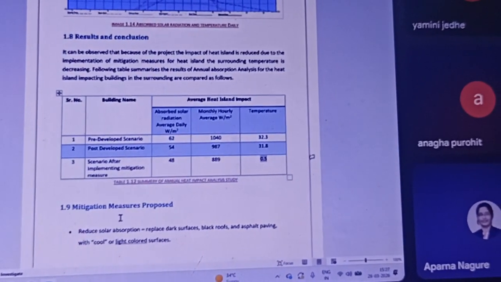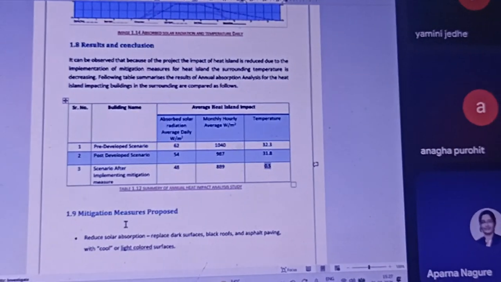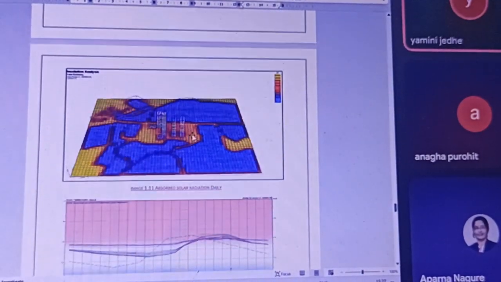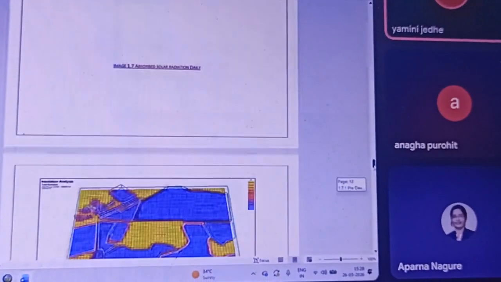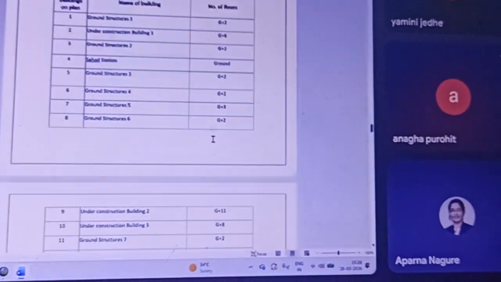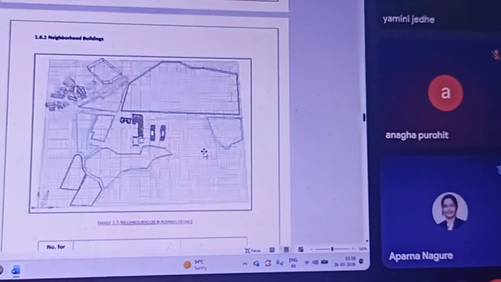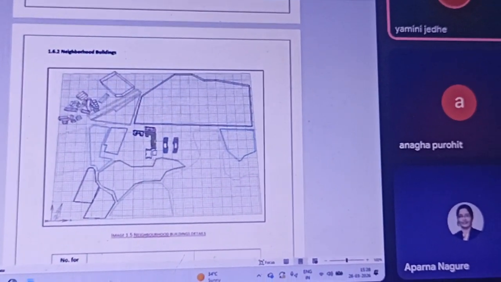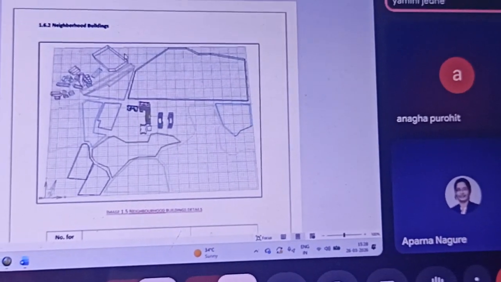Okay, and what is the resolution that you get for this data, and is it freely available at any resolution? No, this is not the satellite imagery. This is generated by using the software which is called Ecotect. Okay. But otherwise, in the earlier example, how much is the resolution possible? Resolution is 30 meter. 30 meter is the satellite image size. 30 meter by 30 meter.